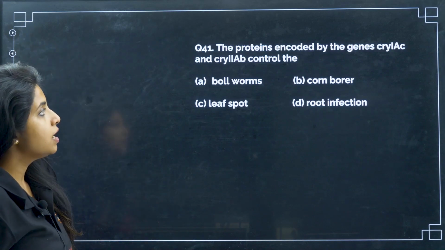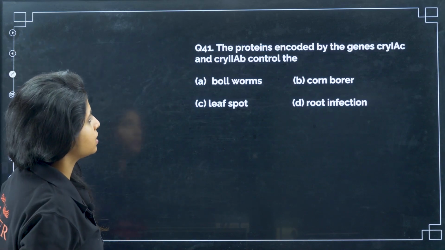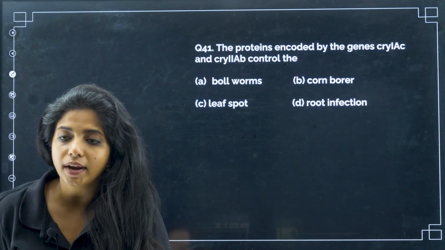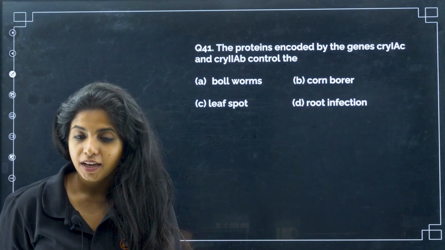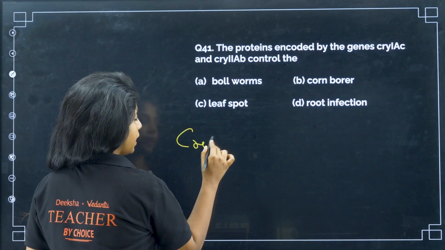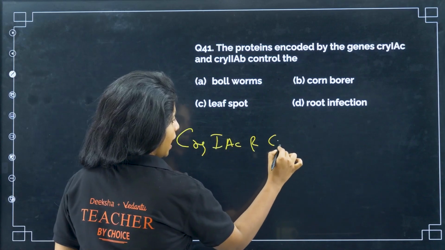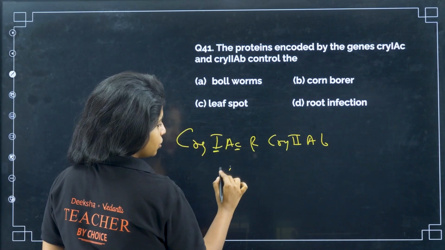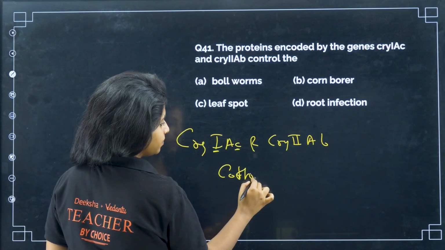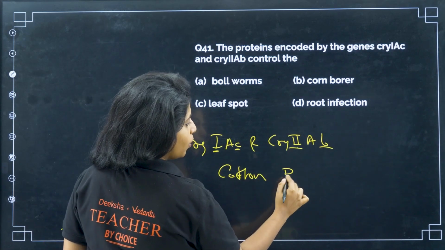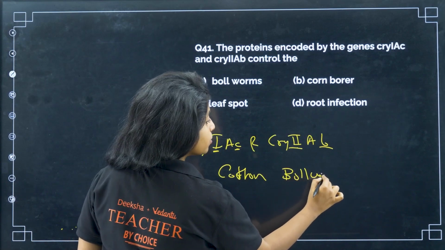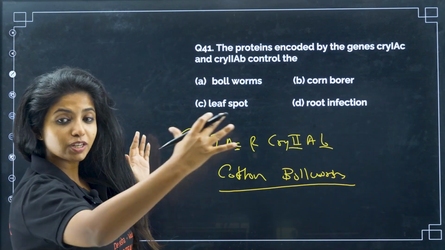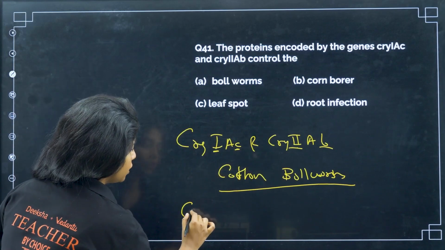Next, 41st question. The proteins encoded by genes cry1AC and cry2AB control what? Always remember: first letter is C, so cotton. Second letter is B, so bollworms. Corn borers are also C and B. So cotton bollworms is a bit longer. If you talk about corn borers, my dear children, it is